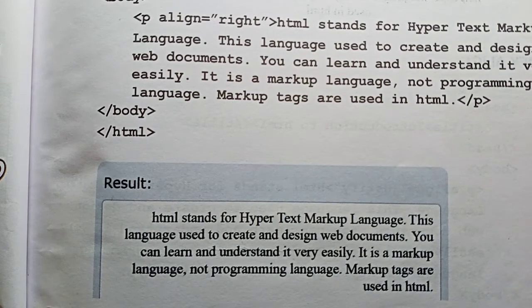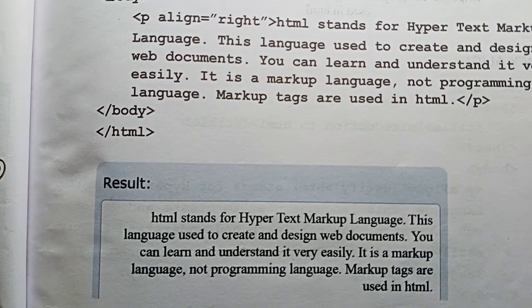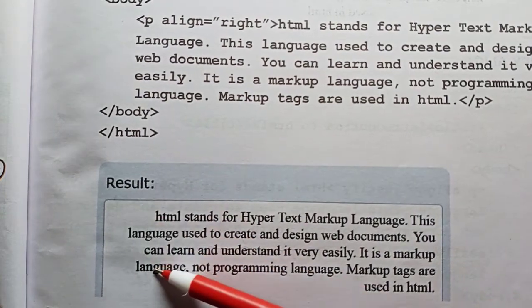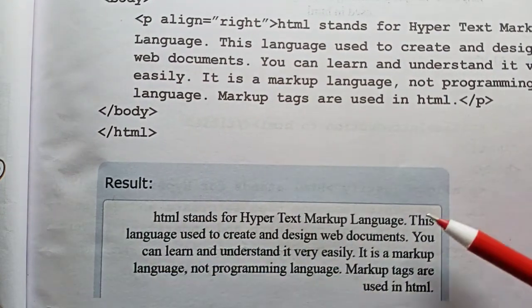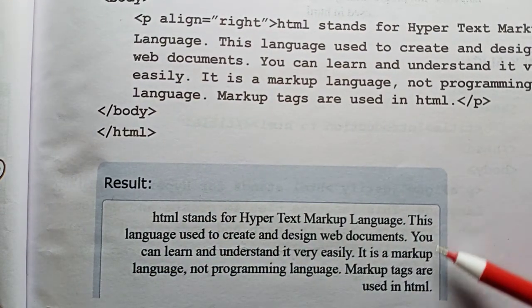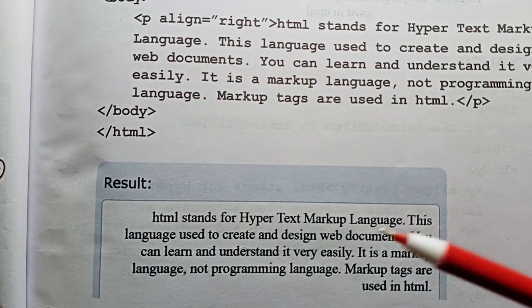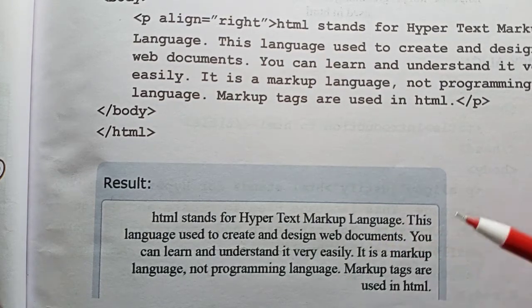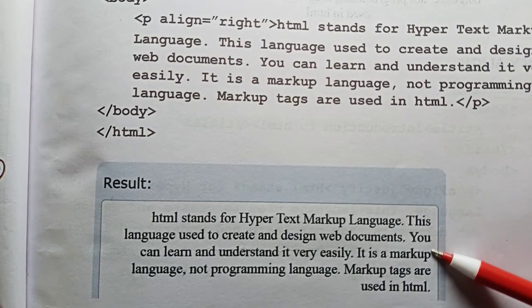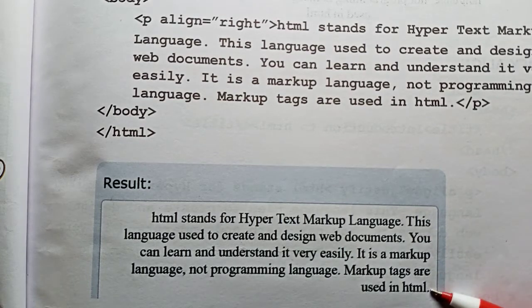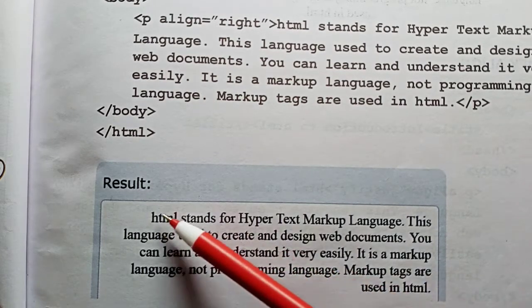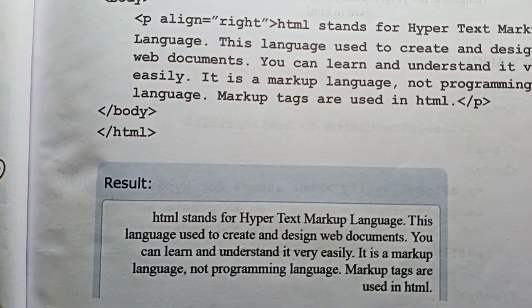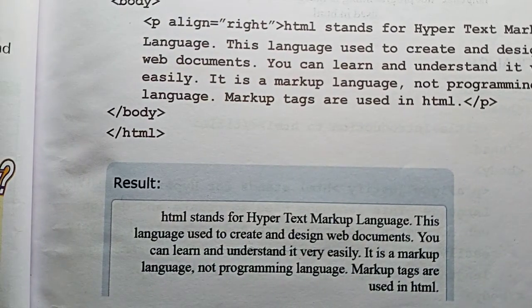You can see that whenever we are using the left alignment, all the lines from the left side will begin from the same place, but onto the right side they may end up here and there. But if you have chosen this type, that is the right alignment, you can see the lines onto the right side all will begin from the same place, but onto the left they may go here and there. That is because we have given the alignment equals to right.